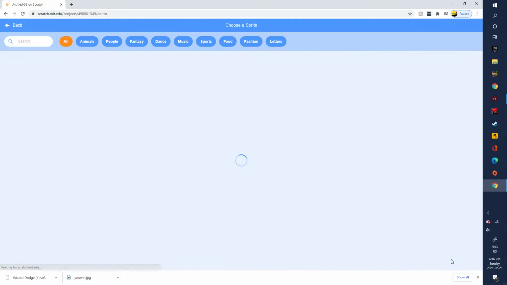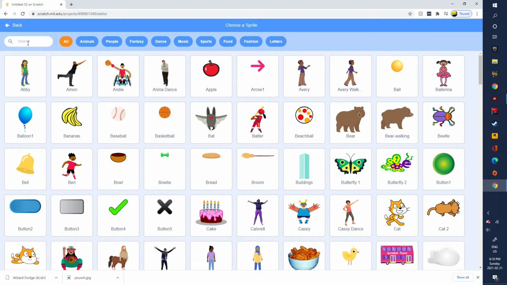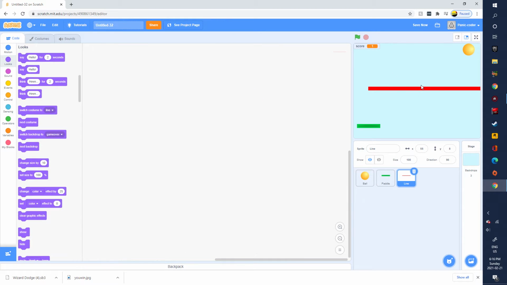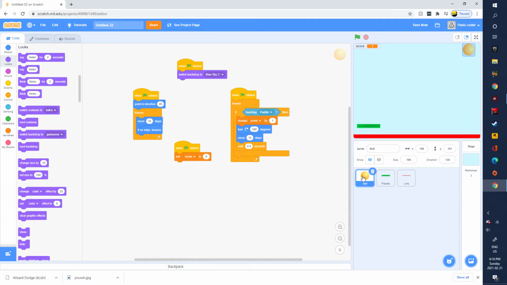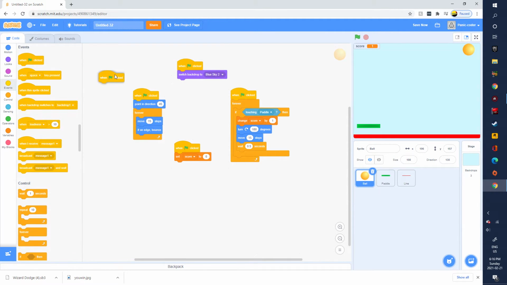And now get a sprite, change that, or make that sprite a line. This is perfect. It's just a red line. Okay, so now go back here and do one green flag clicked,